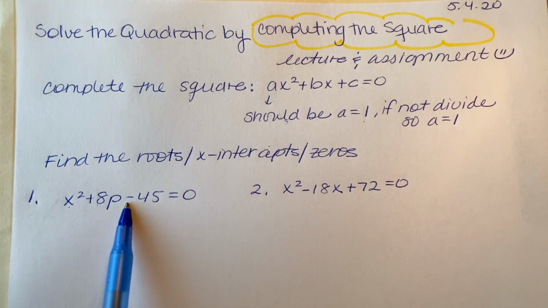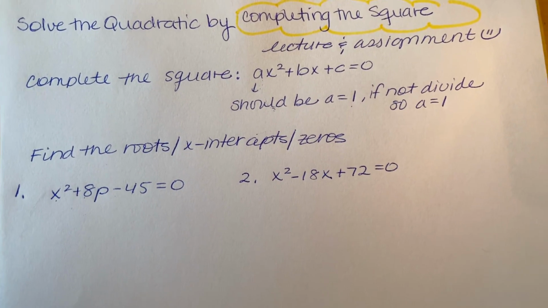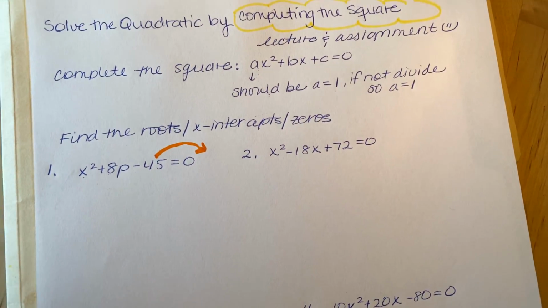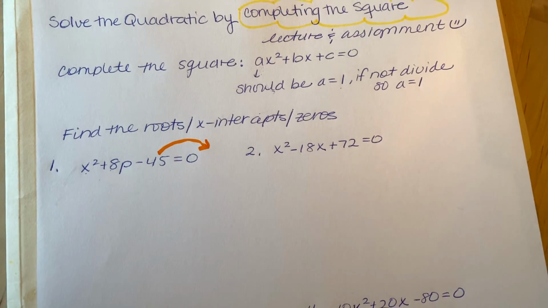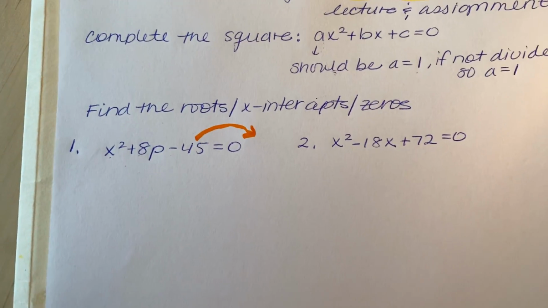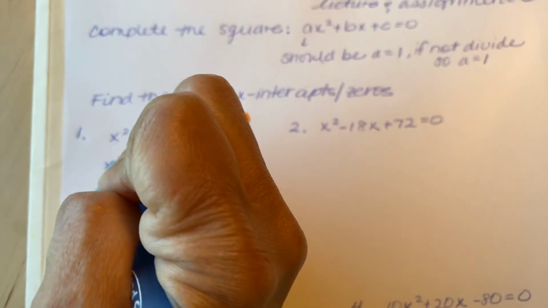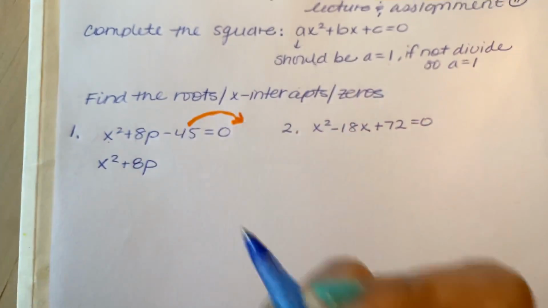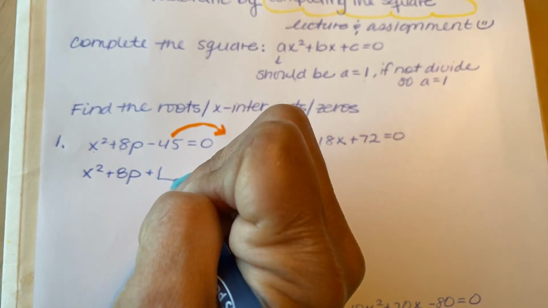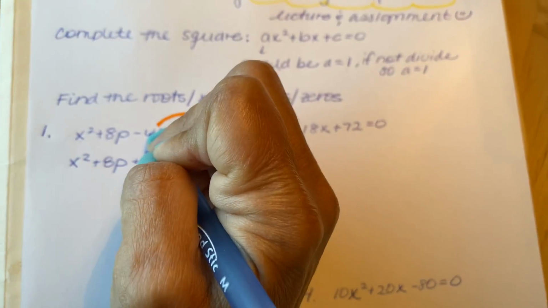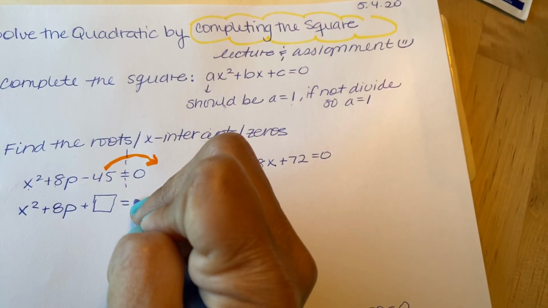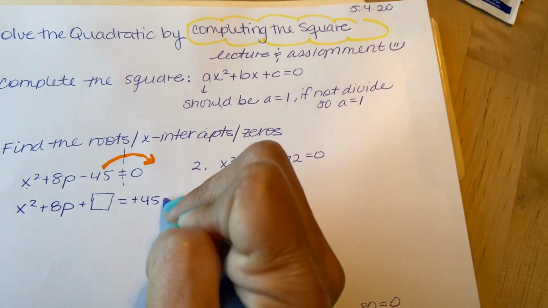Okay, your step 2 is take your c value, and your c value needs to go over. And then we're going to inverse operate it, take it to the right side of the equal sign, and then we're going to create boxes, right? Do you remember that box I would create just so that we wouldn't forget? Okay, so plus, I'm going to put a box here, if you remember. All right, negative 45, I'm going to cross this equal sign. Whoops. So I will get positive 45, and then I'm going to create